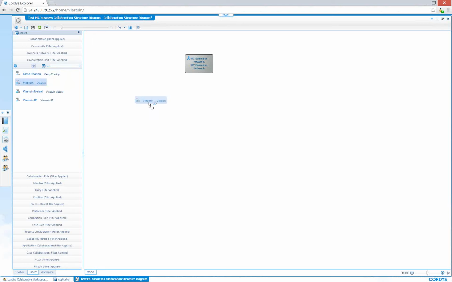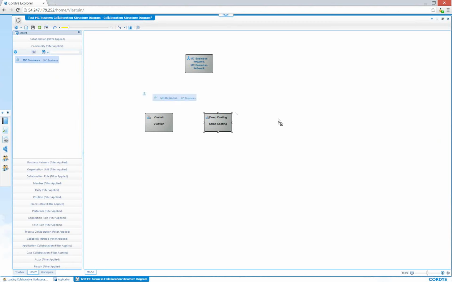So let's say, okay, we have VlastuinNEFFICS here, and we have coating or coater, and we have a community which is the metal component business. So now we can add